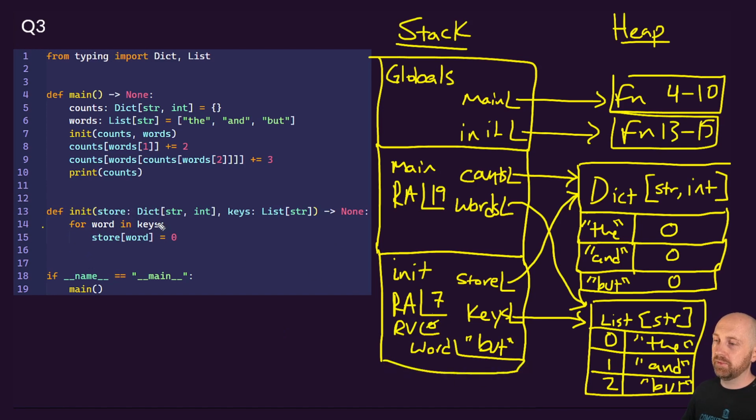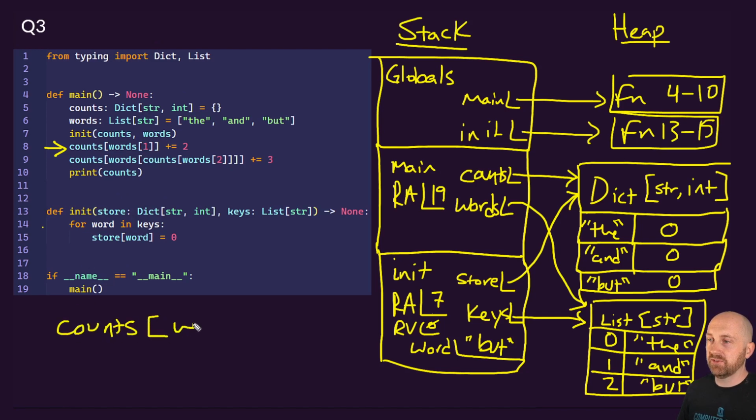Where do we go back to? Well, we go back to line 7. Line 7 was where that function call was encountered. We're ready to continue on, all right? So this next line, let's break this down. And actually, I'm going to write this down below so that we can process this step by step. So counts